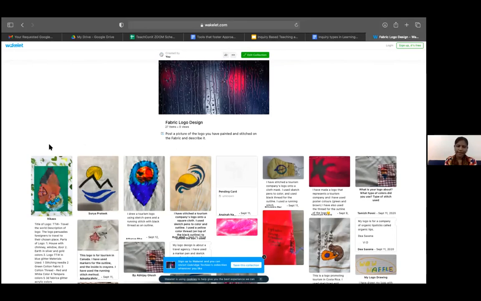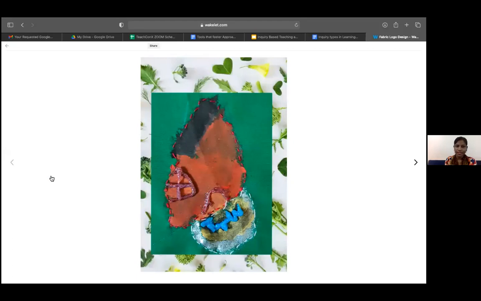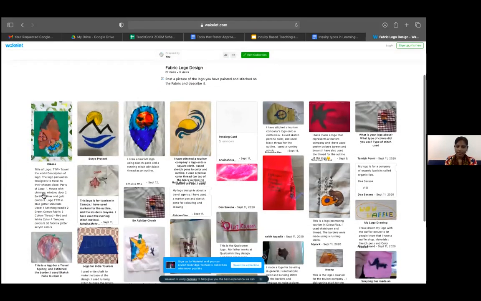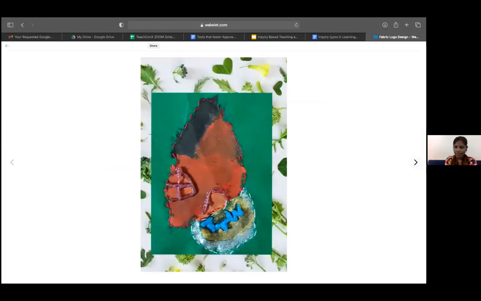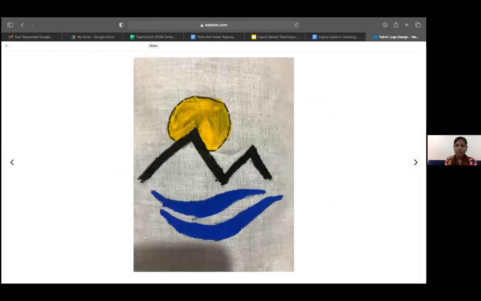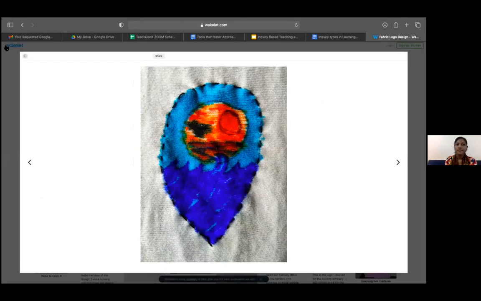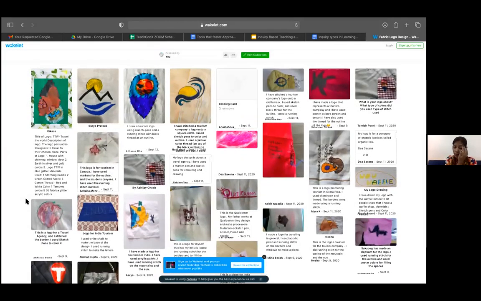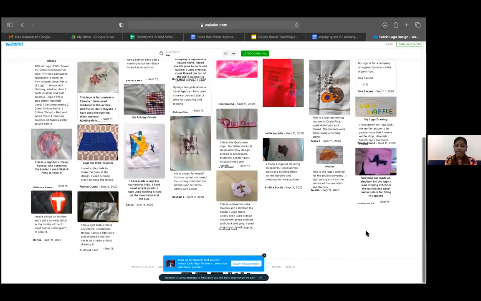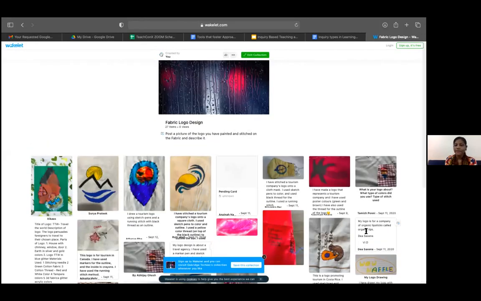So just like Padlet, but just the look and feel is different. You can see that the students have uploaded their work and they've also given a description. And when it comes to description, I'm a little particular. I tell them very clearly to reflect on the ATL skills, write about what went well, what went wrong, how it could be improved. So this can be a perfect way of culminating your unit, assess the students' learning, and